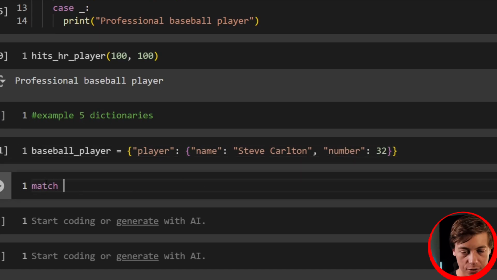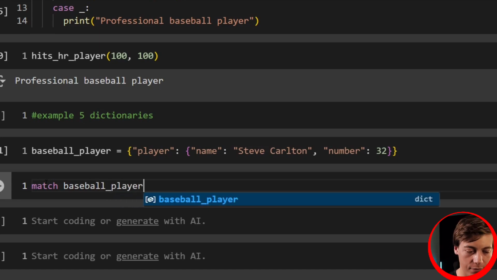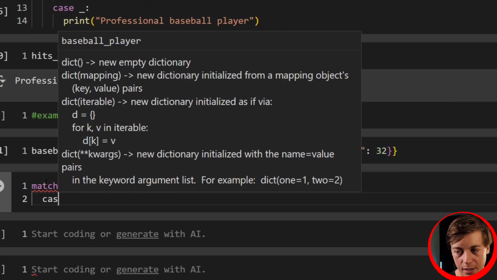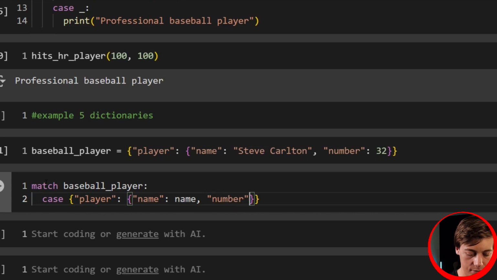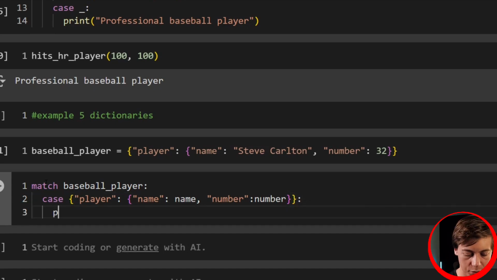And we'll just do a match baseball player. I know I didn't make this into a function this time, but that's all right. Case inside over here, player, say name, number, like that, and print player, put the name in here, number,